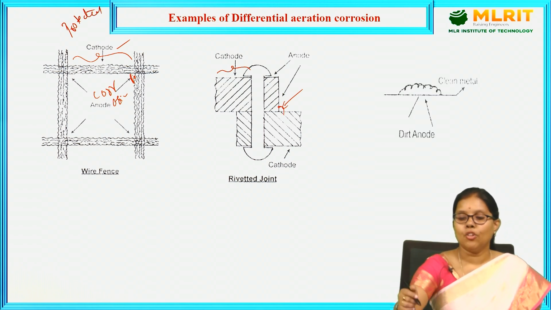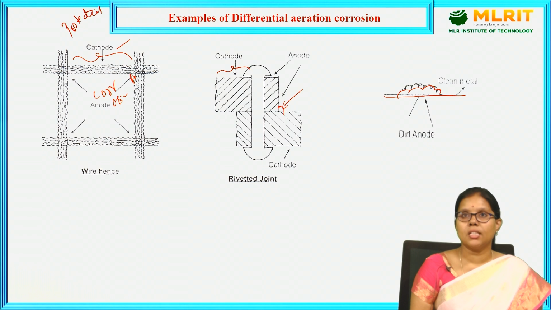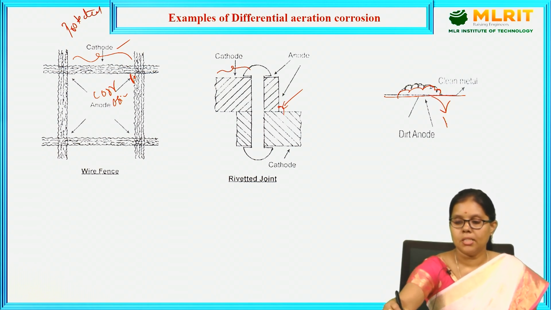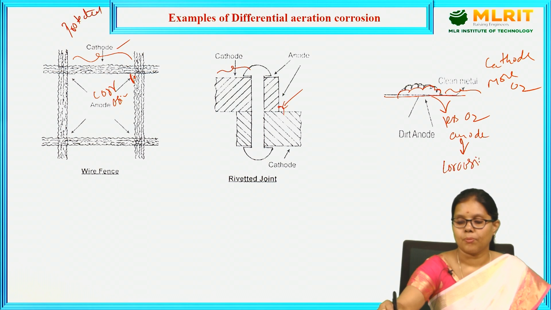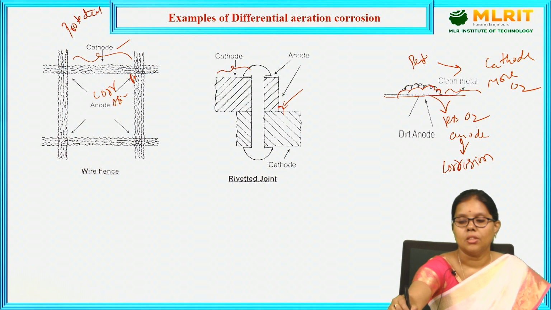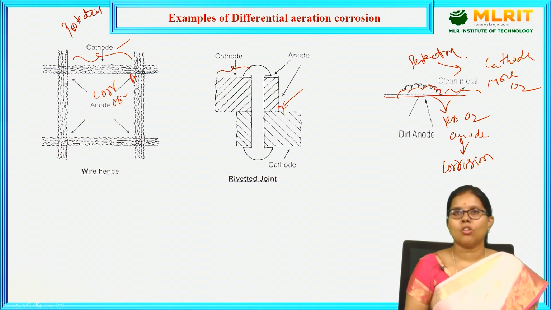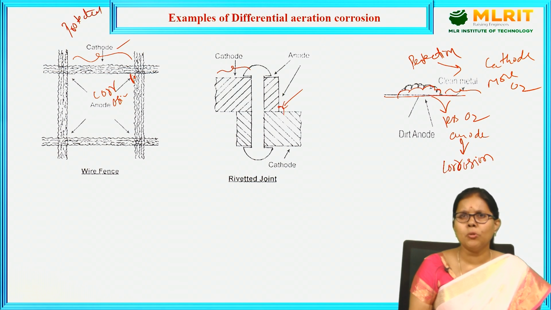If you notice a metal rod surface, some places are covered with dirt or water drops. Where it is covered with dirt, there is less oxygen. That place of less oxygen acts as anode, and the plane surface having more oxygen acts as cathode. At the anode, corrosion takes place. At the cathode, we can notice protection. So on a metal plate or rod covered with dust, if we remove the dust, we can see the stains of corrosion.